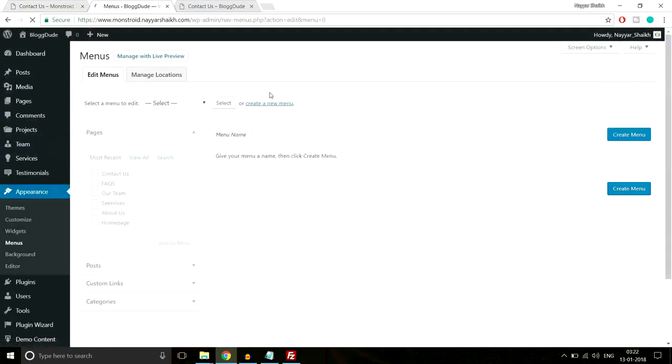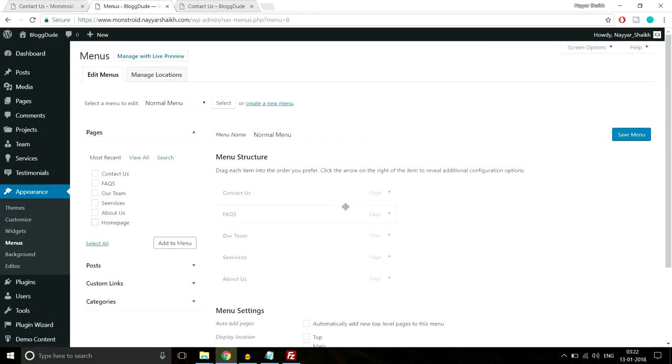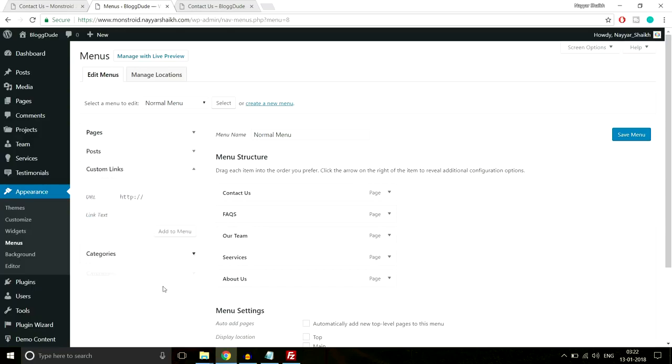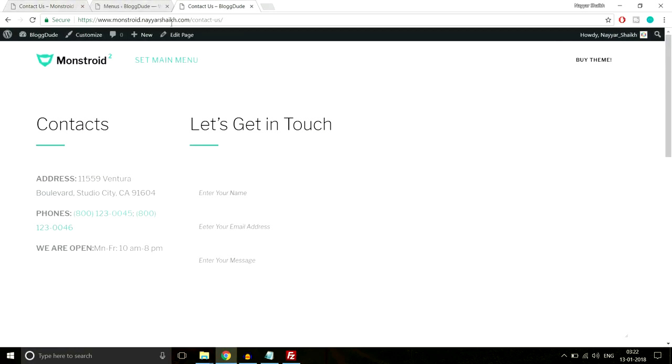Click on create a new menu. Let's name it normal menu. You can name it anything, it's all up to you. Click on create menu. Let's add all the pages from here except the home page, and click on add to menu. Now what I can do for home page, I can click on custom links, copy my home page link